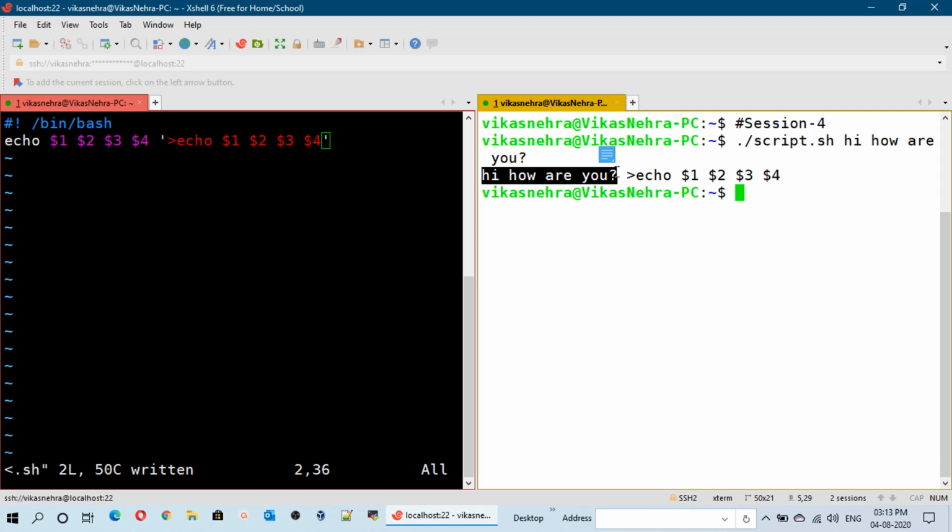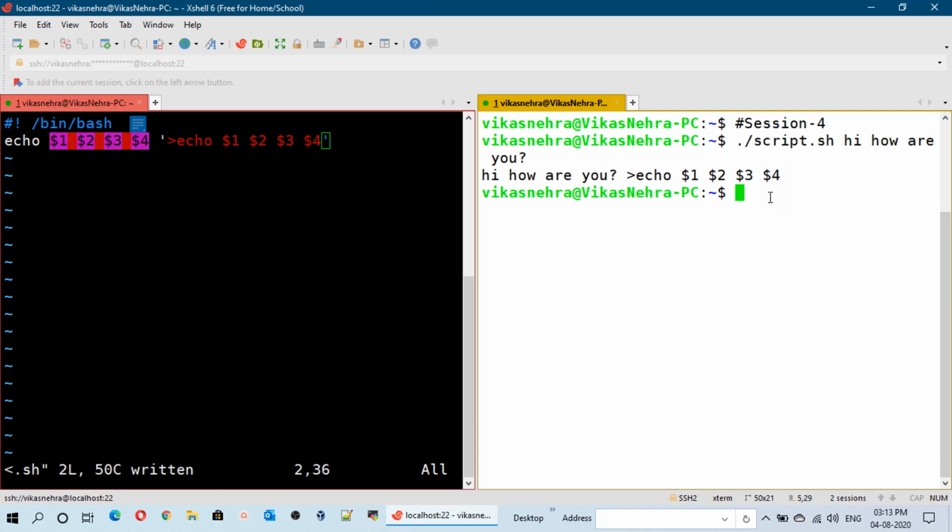So in this method, here I have passed the argument and we have used 4 variables for that, and these were the system reserved variables. Here hi is stored in the first variable, how is stored in the second, are is stored in the third, and you question mark is stored in the fourth variable.